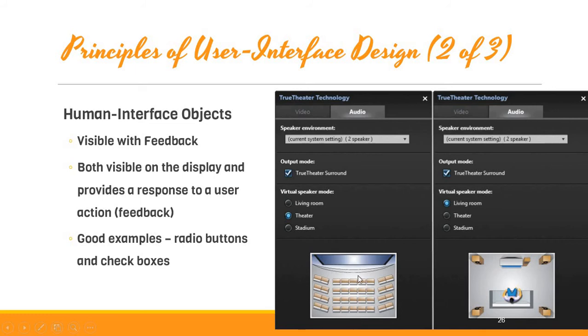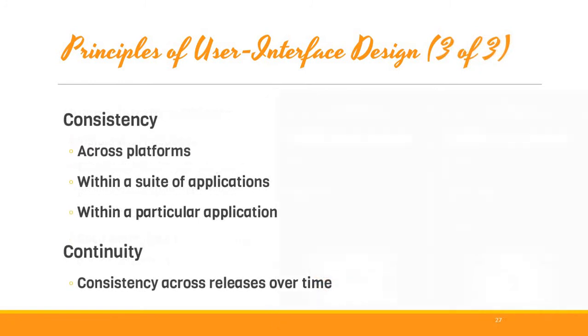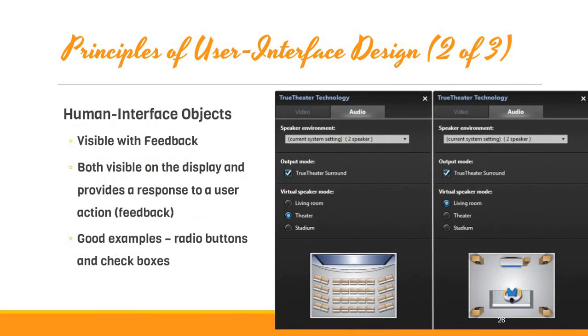So in this figure, this is also an example of visibility and feedback. The controls are always visible at the bottom of the window and show immediate feedback on mouse over or mouse click. Another example of visibility and feedback is with a group of radio buttons